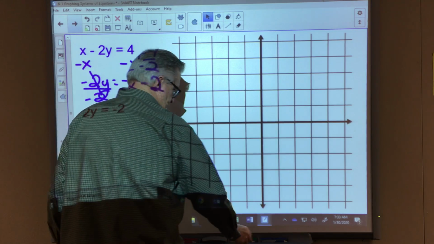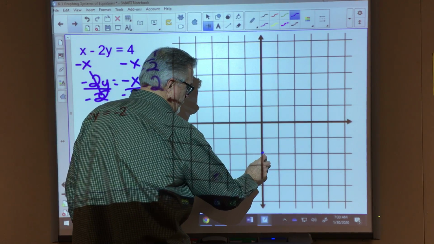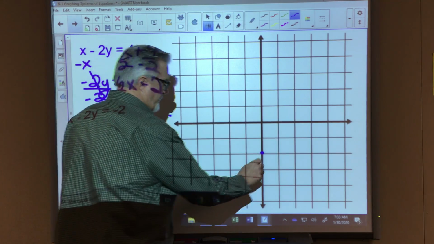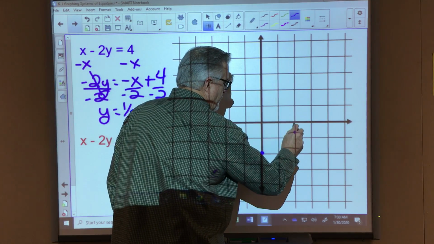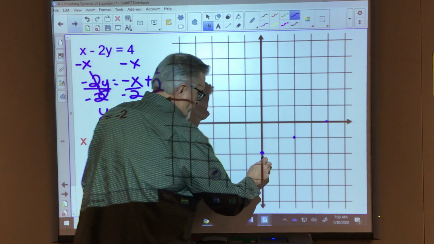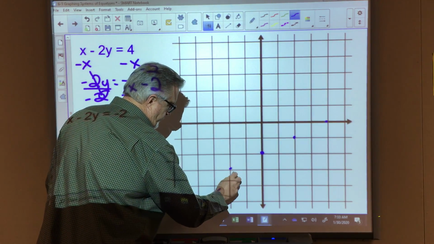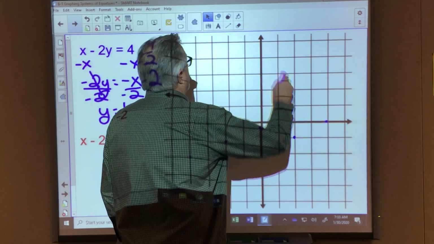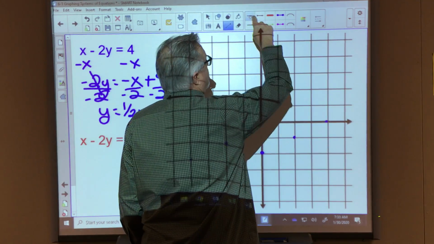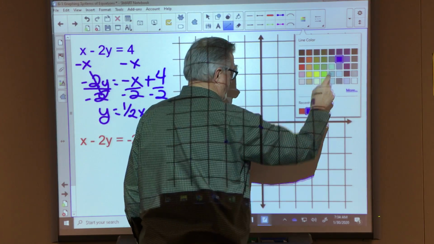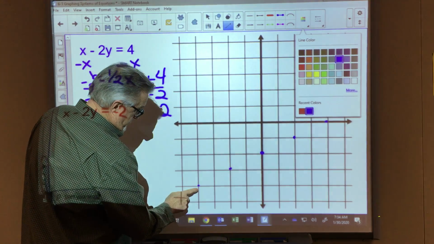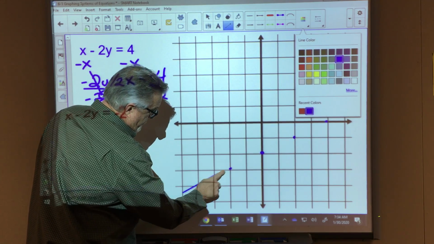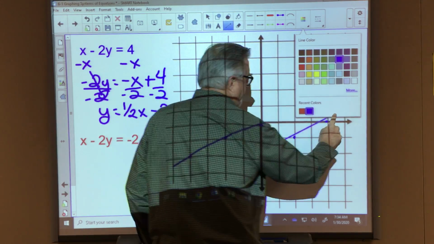We have a y-intercept of negative 2. And we have a slope of up 1, 2 to the right, up 1, 2 to the right, up 1, 2 to the right. Or we could go down 1, 2 to the left, down 1, 2 to the left. So let's go ahead and get this line on here. Let me start here. When I draw this line through here,